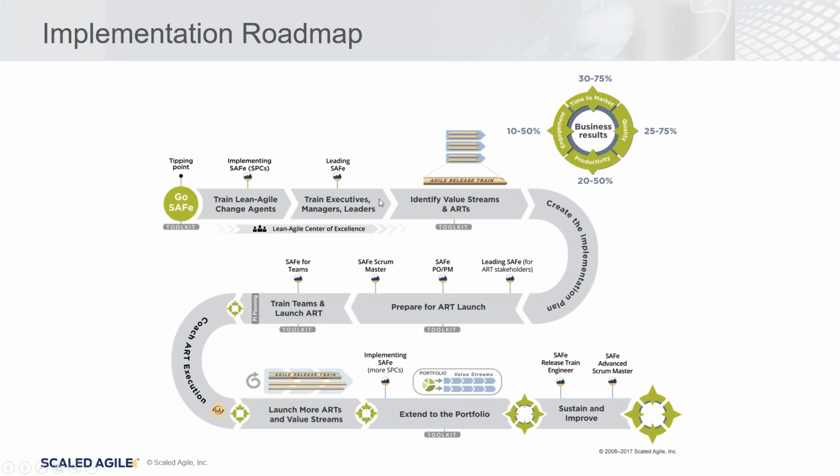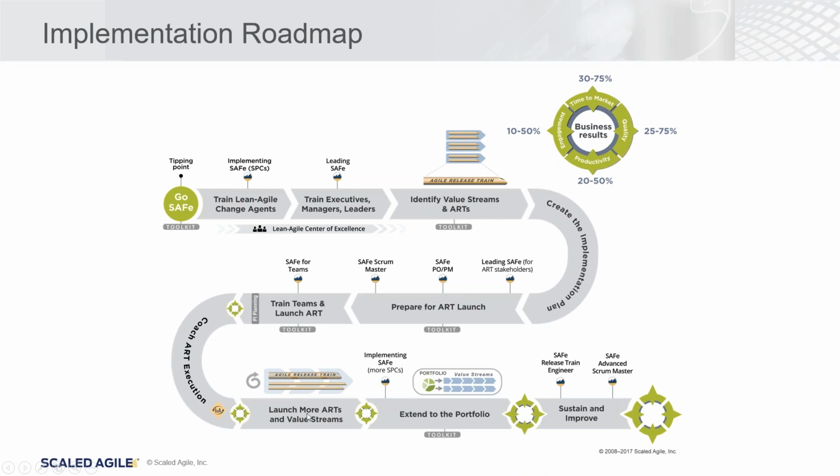Once executive leadership is aware, then we identify these programs, or what we'll call agile release trains, and we come up with an implementation plan on how to implement SAFe for that program. We prepare for the agile release train launch. We train the teams and then launch the agile release train, or launch the ART. As we're in execution, we coach the ART during execution, and once we have success from that, building off the success and the lessons learned,